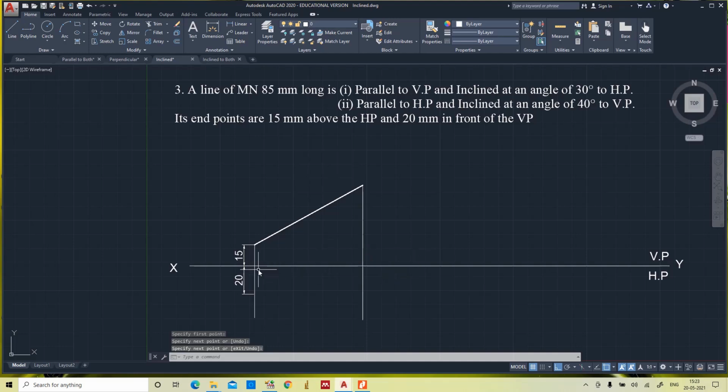It is 20 mm in front of VP, so the top view falls here. This end. Cut the unnecessary portion. Yes. So this is the front view and this is the top view.